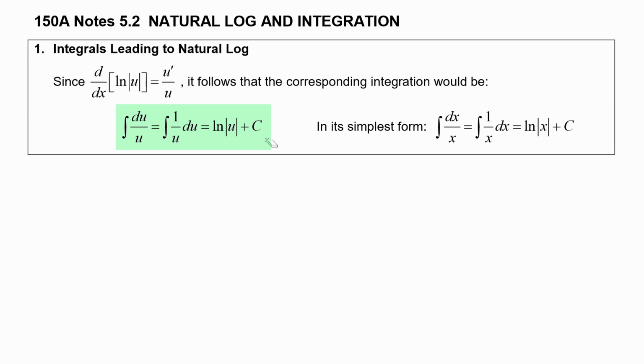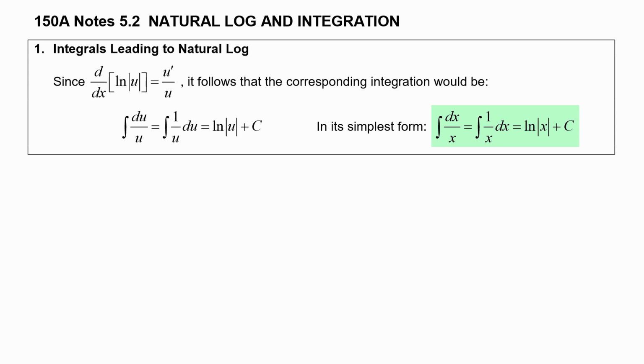Remember that integration and differentiation are inverse operations. The derivative of natural log of absolute value of u is u prime over u, which is du over u. So then that means the integral of du over u has to be the natural log absolute value of u plus a constant. Now, in its simplest form, we could have an integral that looks like dx over x, which